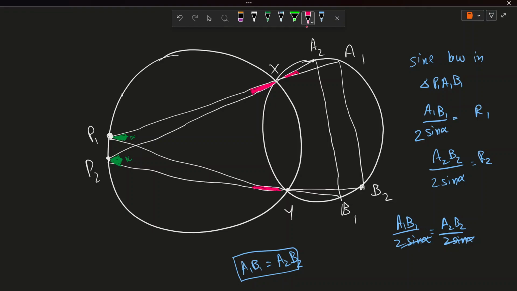So A2 X A1 equals B2 Y B1, and if we join A1 B1, we get that angle B1 A1 B2, this angle is also red, which means it is same as all other red angles. This is because B1 B2 subtends the red angles. So this is equal. And if we join A2 B2,